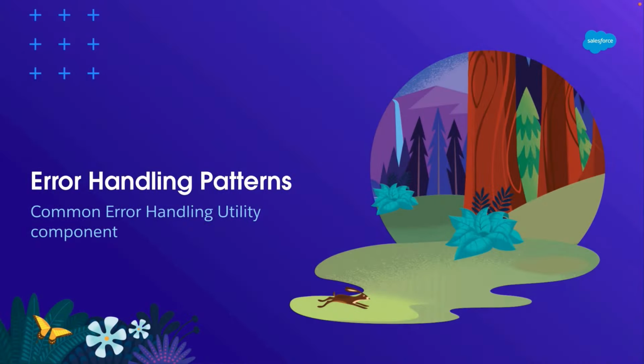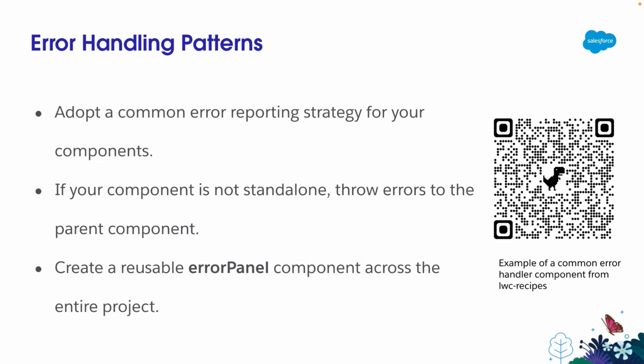Alright, in this section, we'll look at some of the error handling patterns for Lightning Web Components. Now, the best practice around error handling pattern is you adopt a common error reporting strategy for your components. And also remember that if your component is not standalone, then make sure that you throw the errors to the parent component. So let me demonstrate one of the error handling patterns that we use in our sample app called